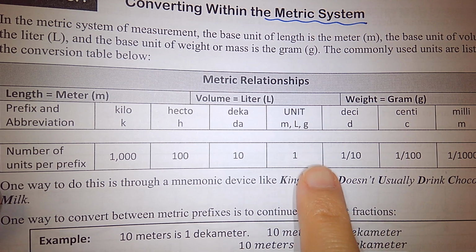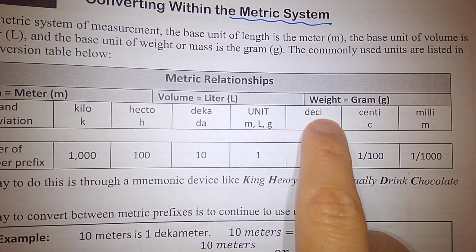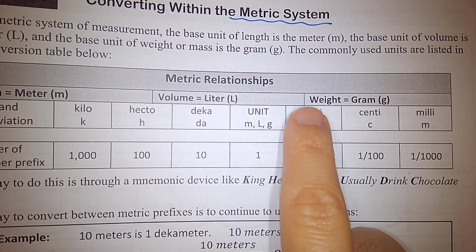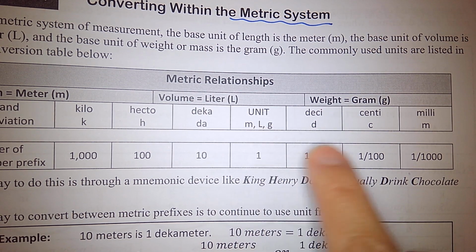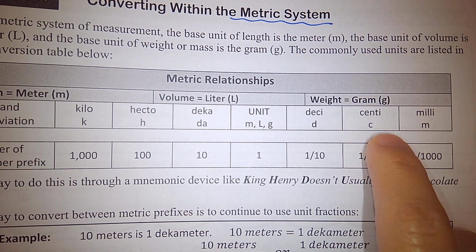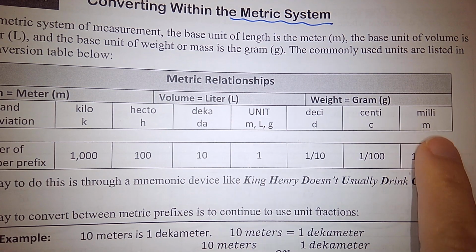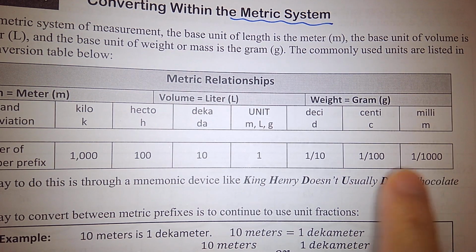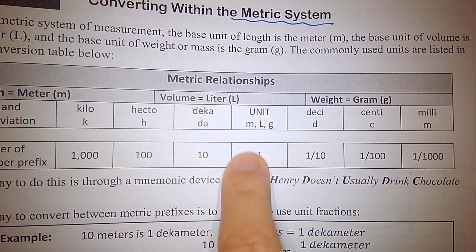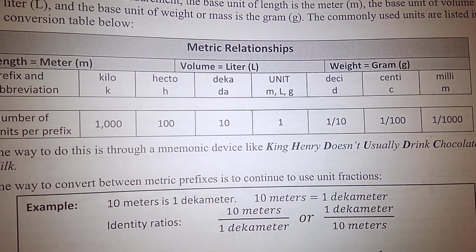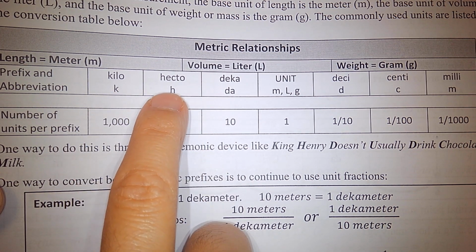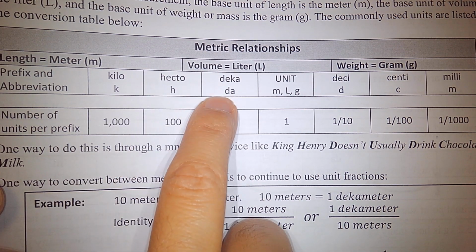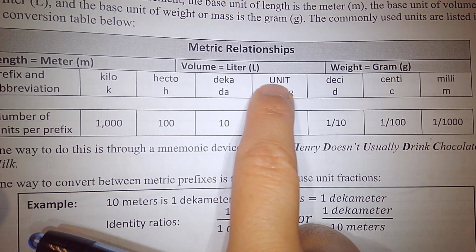We also have some small units like deci. Every 1 decimeter equals tenths of a meter. Centi, we use this a lot. Centi is 100th of a meter. Milli is 1,000th of one base unit. In order to memorize the order, it's going to be King Henry doesn't usually